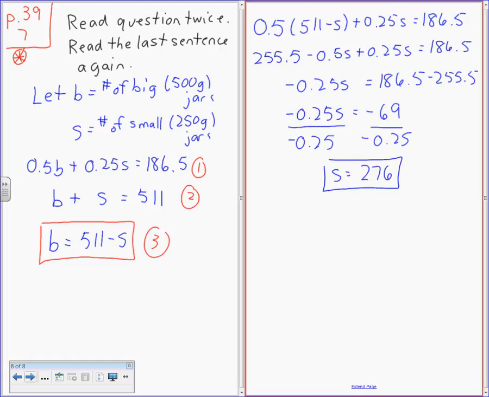So you can see all the steps are the same here. The only difficult part is getting the first step. Any questions? What happened to the 0.5? Yeah, so what I did was, sorry, I skipped a step here, thank you. So what I did was 0.25 minus 0.25 is minus 0.25. Okay, so then to get this, we're going to sub S equals 276 into 3. And we're going to get B equals